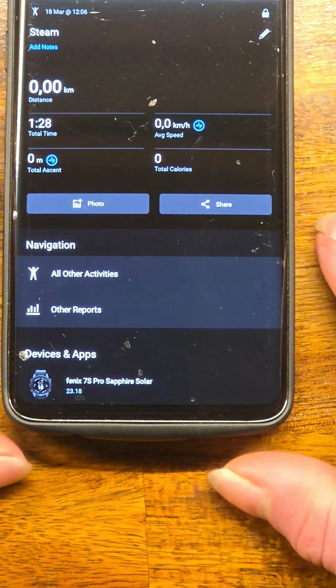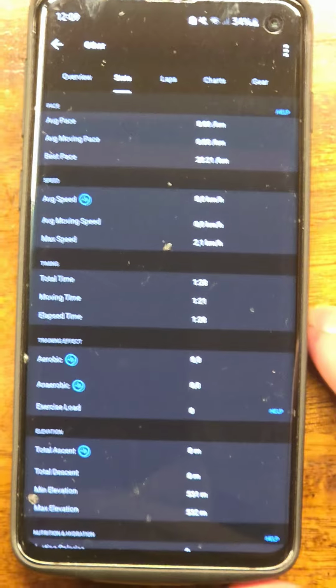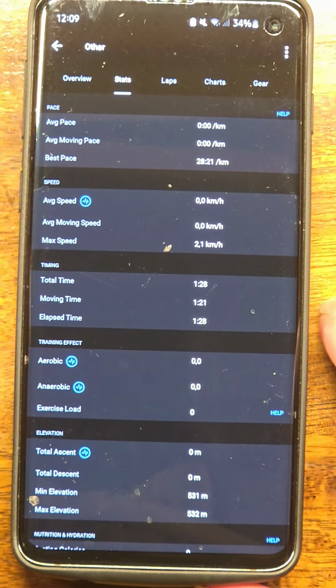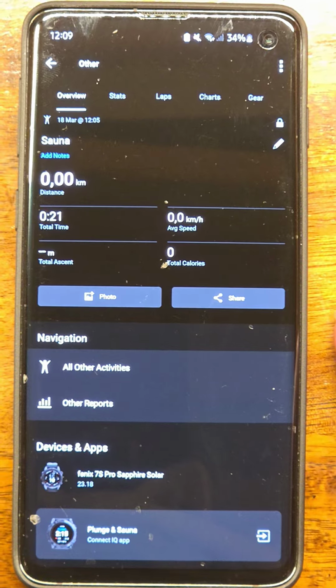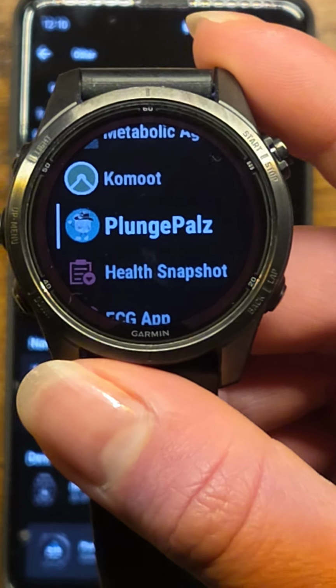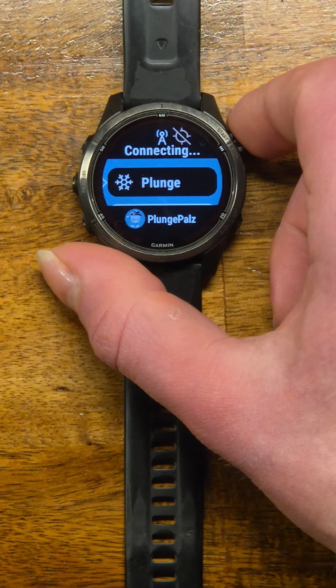This is now the first activity. It just says Steam. And this, I think, is the one from the custom Garmin activity. Let's check the other one. This one now is called Sauna, but unlike Plunge Pulse, which also puts the temperature next to